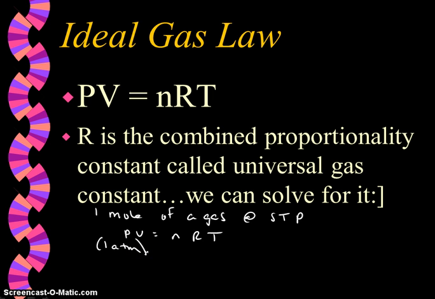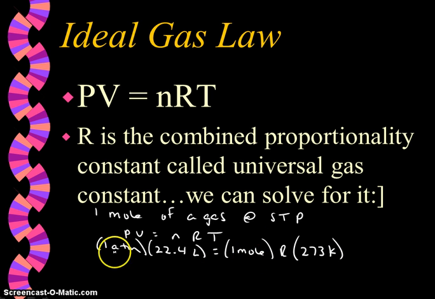If we have 1 mole of a gas at STP, the volume is a constant, and that number is 22.4 liters. For n, we'll plug in 1 mole. We're going to calculate R, and standard temperature is 273 Kelvin. So we have 1 mole of a gas at STP. When we solve for R, we're going to get